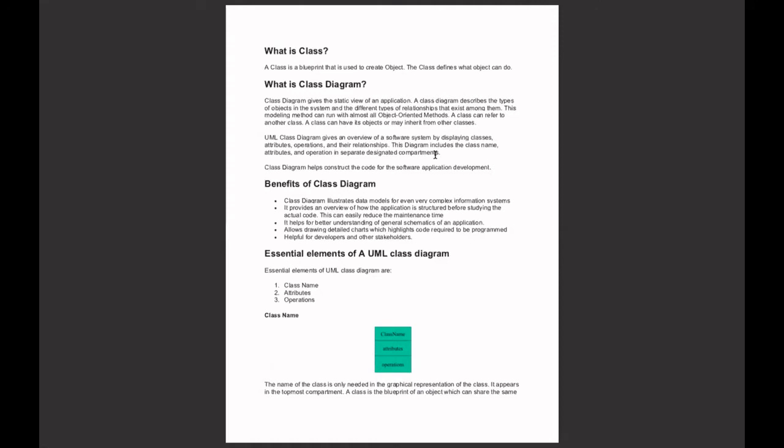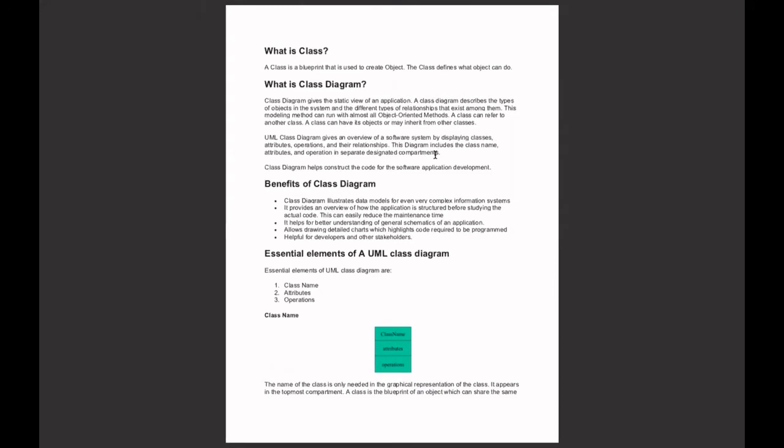For that purpose, we first need to know what a class is, what a class diagram is, what the relationships and associations are, how to use them, and how the diagrams interact with each other. There are so many things to combine in a particular project, so first of all we are focusing on the class.